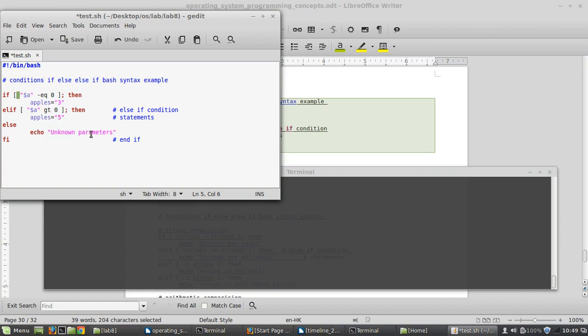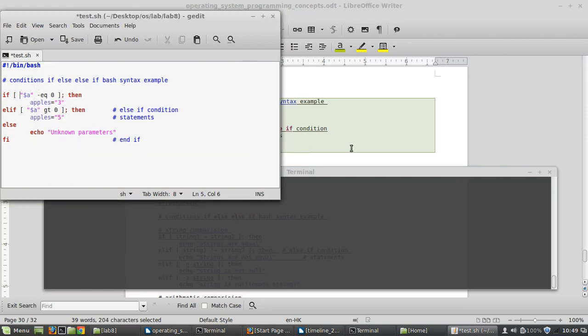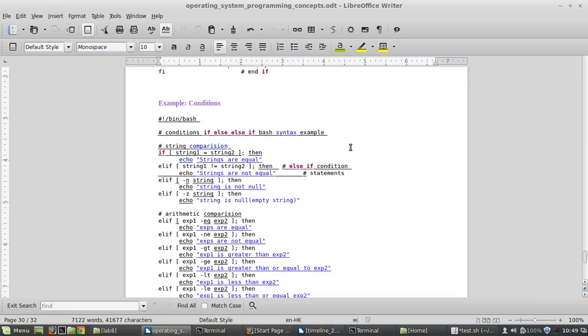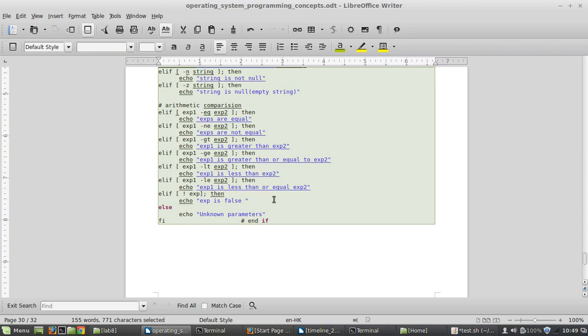Alright, so if this command condition, okay, you terminate and then you say that apples equals to 3, else if this condition, then apples equals to 5, else you echo that unknown parameters, and lastly you end the if statement. So this is it. Okay, this is the basic syntax of how to use the if and else if bash syntax. Alright,